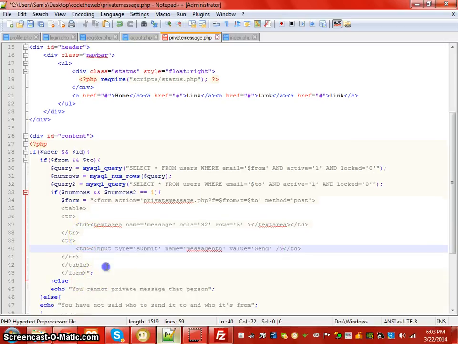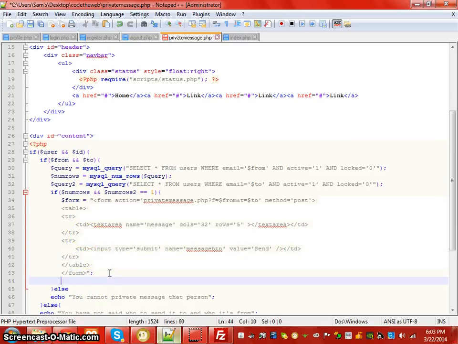Now we just need to echo $form, and then we're going to go above that and we're going to say if $_POST of message btn